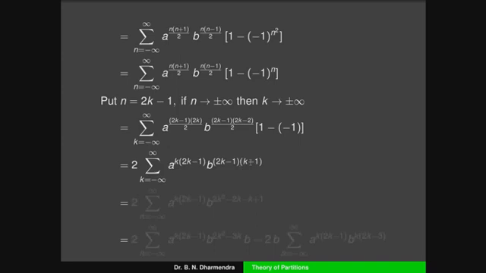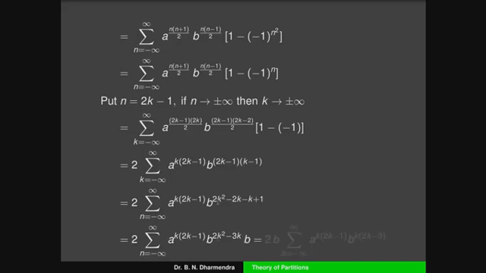When I have to expand this term, that is equal to 2 times summation from minus infinity to plus infinity a to the power of k times (2k minus 1) into b to the power of 2k square minus 2k, this one minus 2k and minus k and plus 1. So therefore 2k square minus 3k plus 1. And the term 1 is free from k, so you can split the terms of 2 times, where k is there, the 2k square minus 3k, so we have to take k as a common factor, that is (2k minus 3) into b.